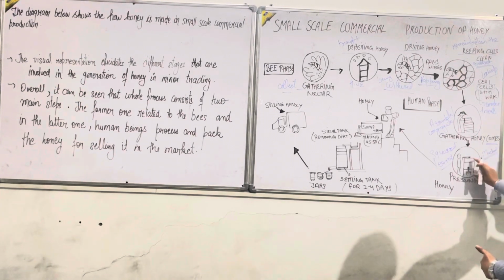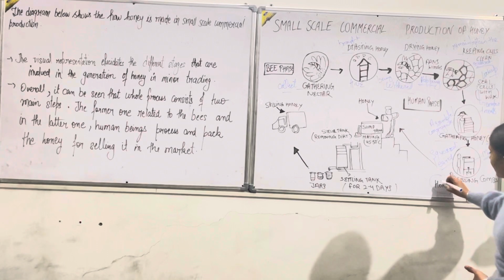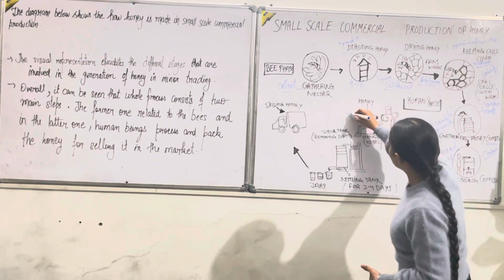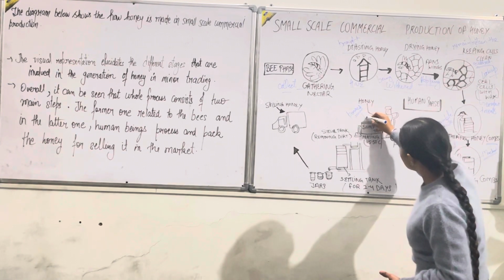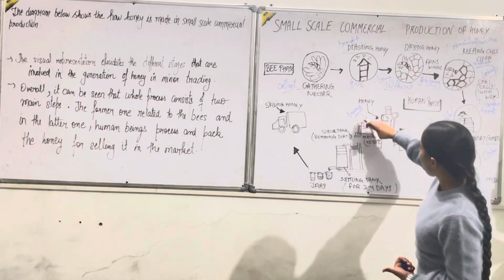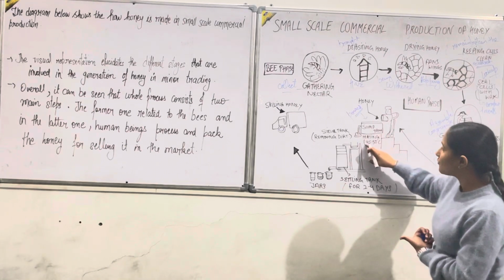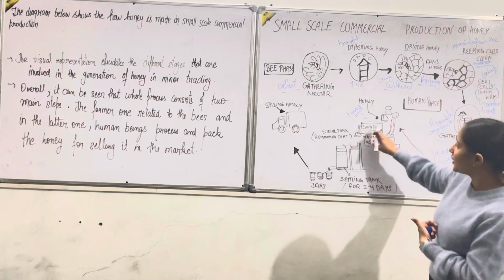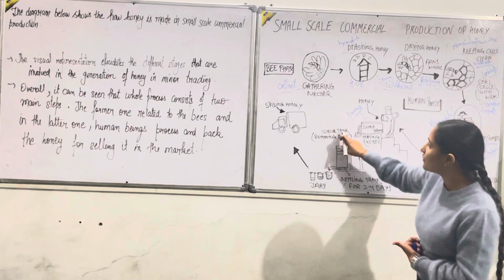Okay, by this machine, by pressing the combs, we get the honey, and then this honey is being transferred or poured किया जाता है in the sump tank by a worker or by a laborer. It is being poured in the sump tank where it is heated at 45 to 50 degree Celsius. After heating, then it is transferred into the sieve tank.